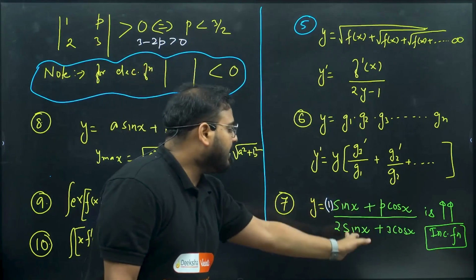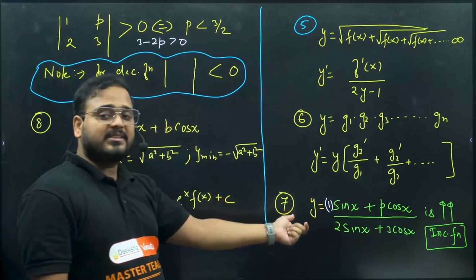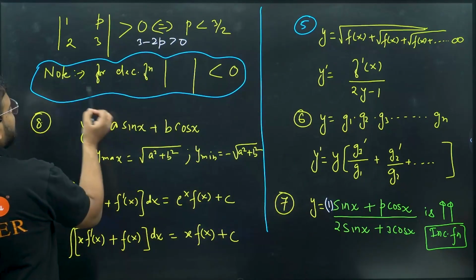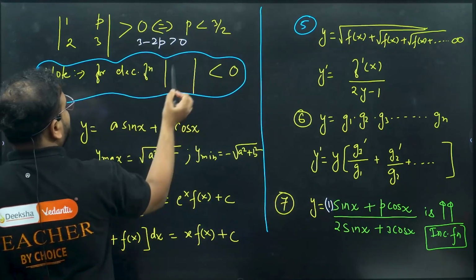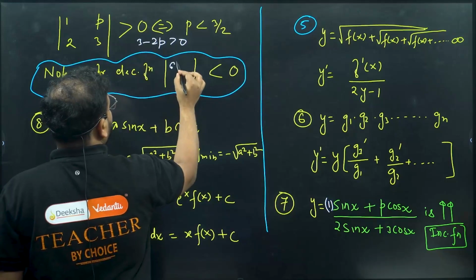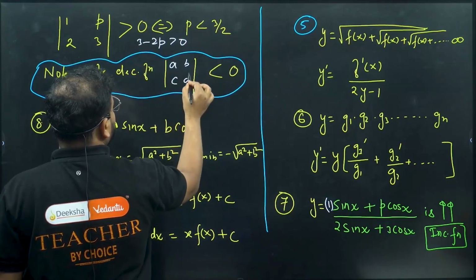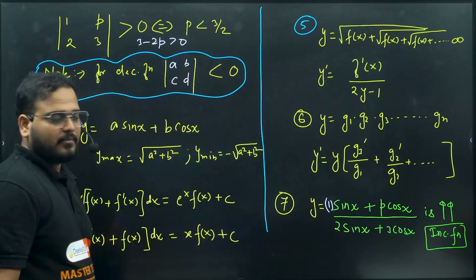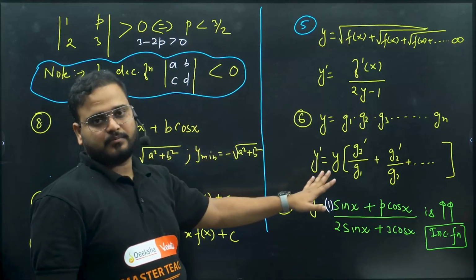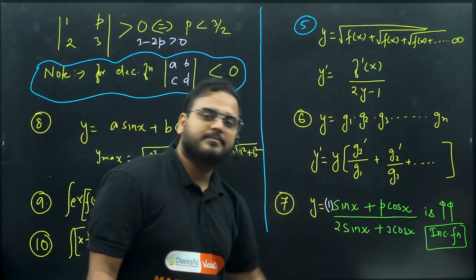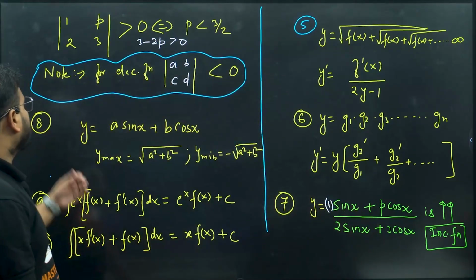So to check increasing, decreasing function, okay, you have to find the derivative, you have to find this coefficient determinant actually. Remember, (1, p, 2, 3), if it is more than 0, it will become increasing. For the decreasing function, this determinant that you're getting over here, let's say I have a determinant a, b, c, d, it should be less than 0. The coefficients here, a, b, c, d. Easy, na? Okay.